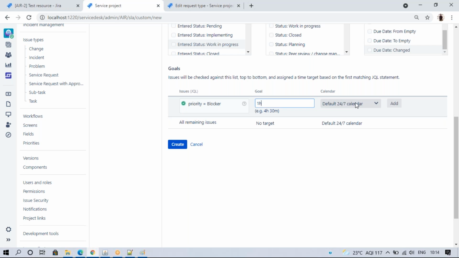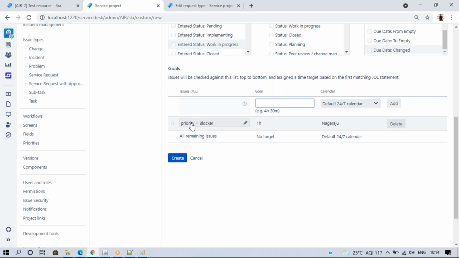One hour calendar, this calendar. This time only, between this time only it will work. Other times will not work. Suppose my team is available 6 to 3 only. After 3, if a ticket is created, my SLA will be breached, like SLA will go into the minus, so it will be escalated. So my team is available 6 to 3, and only this time should run. Other times the timer should be stopped. So that is how we can select the calendar.